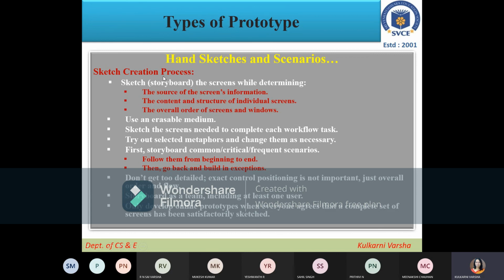That will be decided in the sketch creation process. Use an erasable medium, because you may require changes. Sketch the screens needed to complete each workflow task. Try out selected metaphors and change them as necessary.